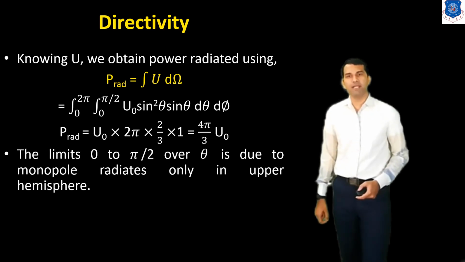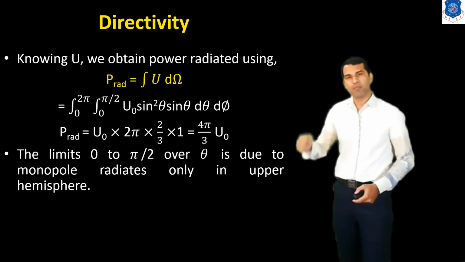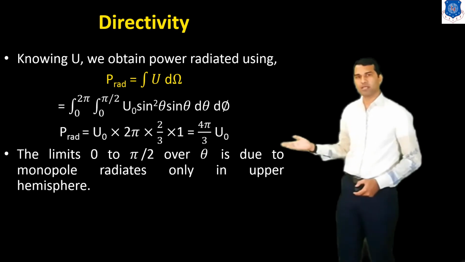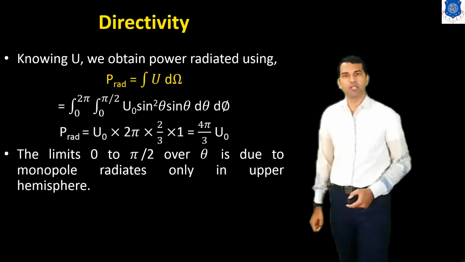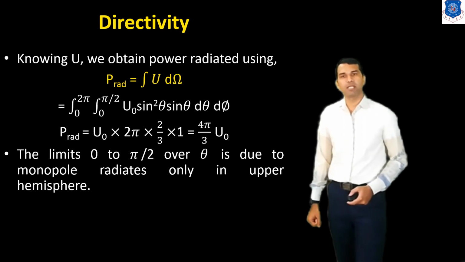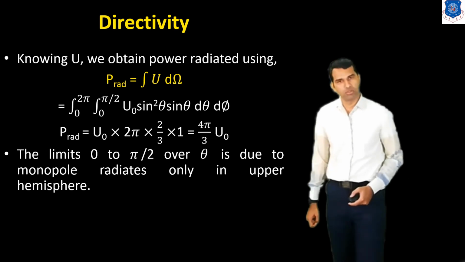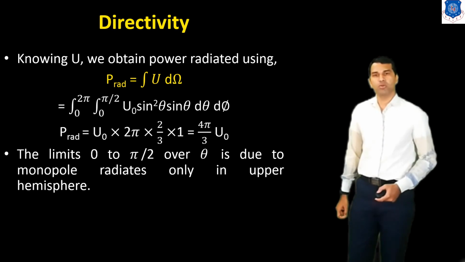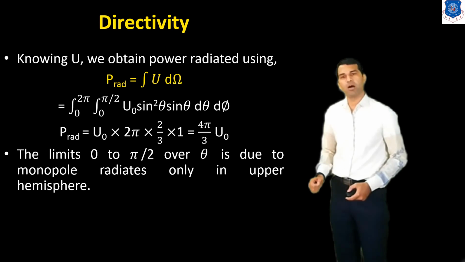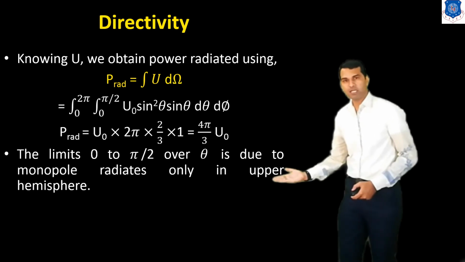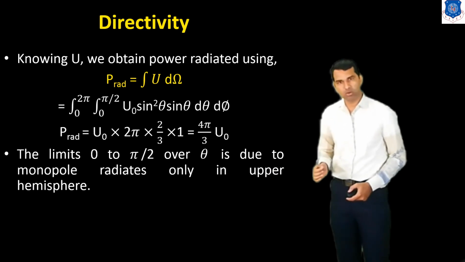So we can write P radiate, when we solve this equation using the integration rules, we get U0 into 2π into 2/3 into 1. So we get the power radiated by this monopole antenna is equal to 4π/3 U0. The limit 0 to π/2 over θ is due to the monopole radiating only in the upper hemisphere. That's why we write 0 to π/2